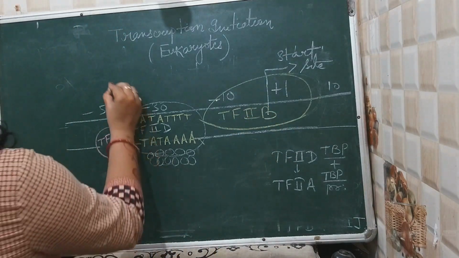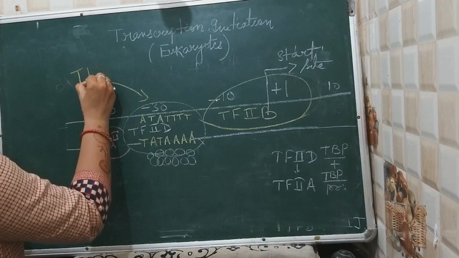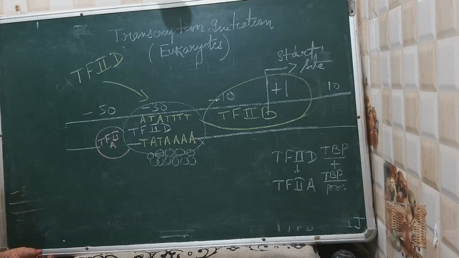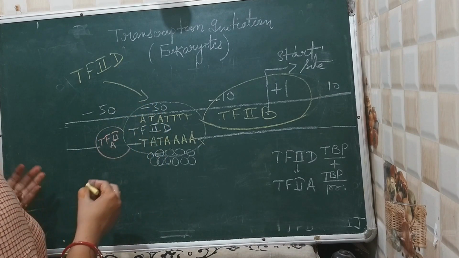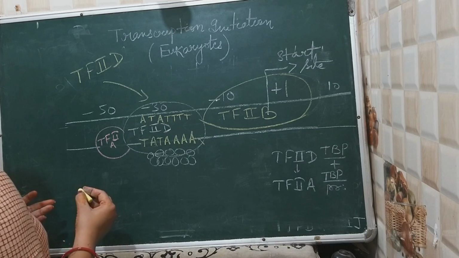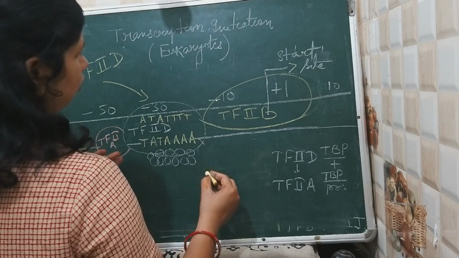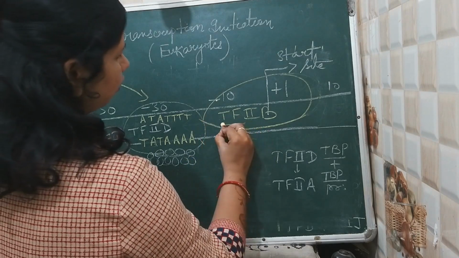So first, transcription factor 2D, which contains TBP and TBP associated proteins, comes and binds to the TATA box of the promoter region. Next, TF2A joins the complex, followed by the binding of TF2B,